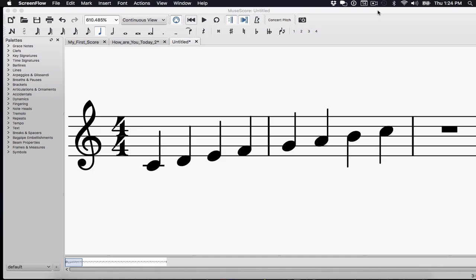Now, there's two ways that we can talk about modes. There's two ways that we can identify modes. There's what's called the relative identification and the parallel way of identifying them. And to simplify that and take that out of fancy terms, the parallel identification would be to relate it to their nearest